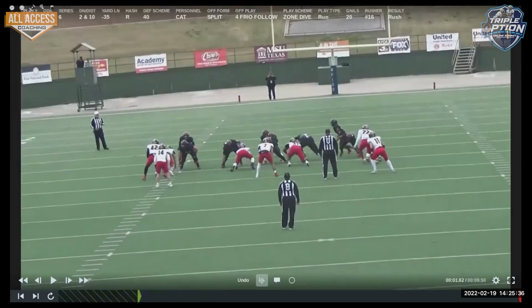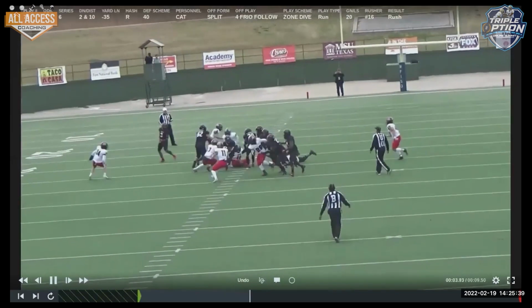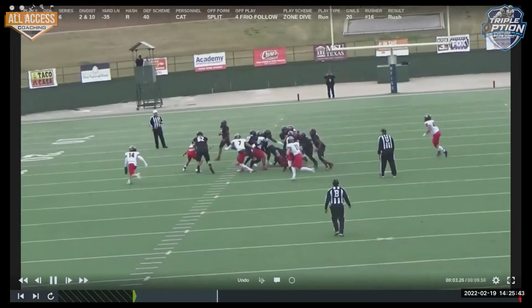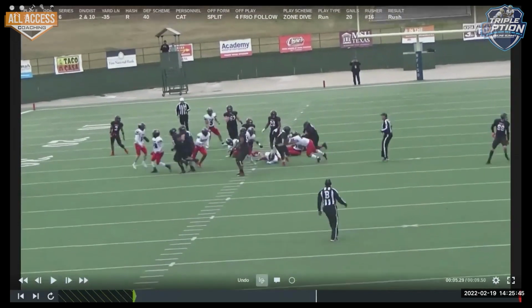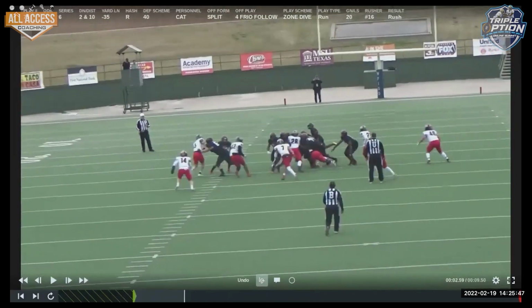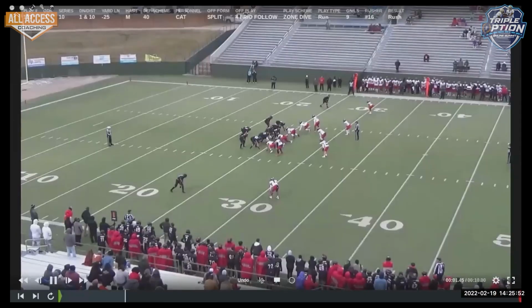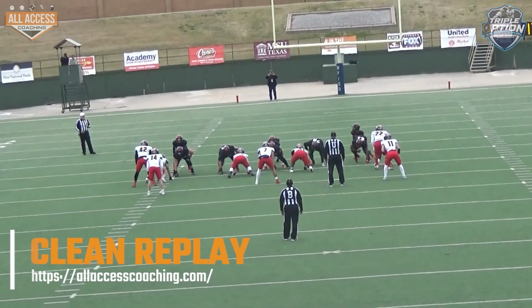You can see our B-back. He ends up on this hanger, and we get one short because the linebacker's unblocked. He almost runs by it, and Major cuts behind him. And so that's the benefit of having a great quarterback, like I said, a great quarterback, is that you can